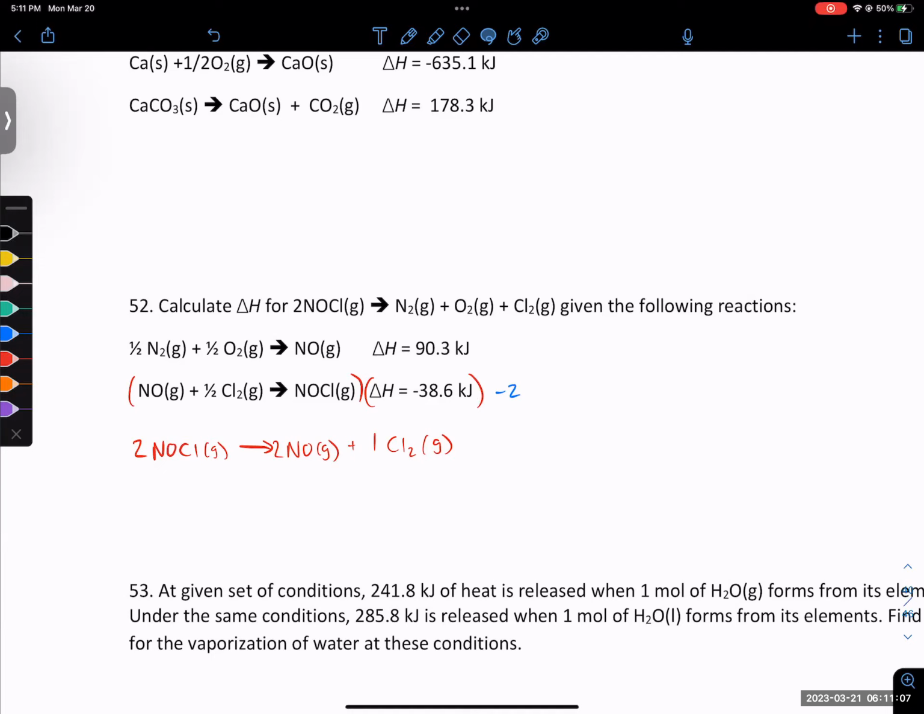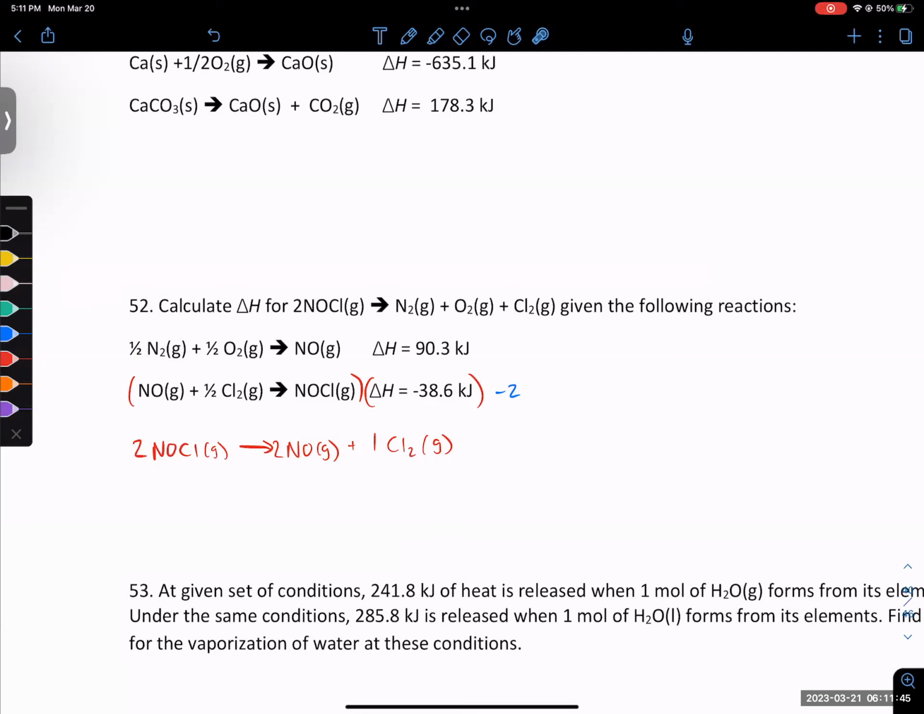All right. Now for the bottom equation, we see in the goal equation, we have nitrogen gas, oxygen gas, and chlorine gas on the right side, on the product side. But in this first equation, they put the nitrogen and oxygen on the reactant side, and we need to flip it in order to get it to the product side. It's also important to note that the coefficients of nitrogen and oxygen in the goal equation are 1. In this case, they are